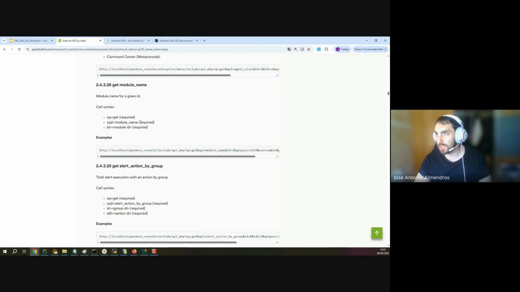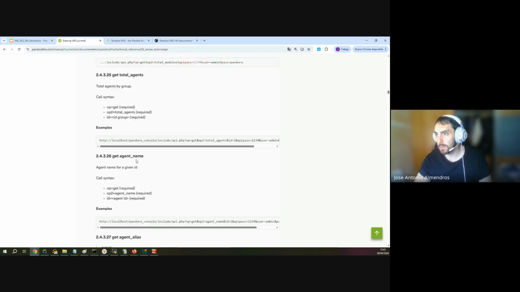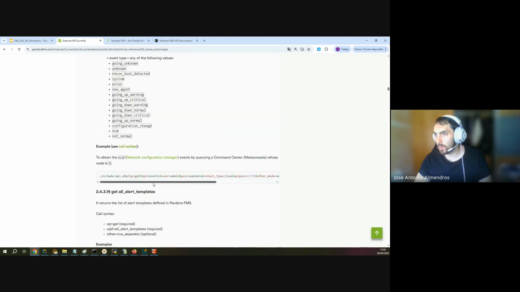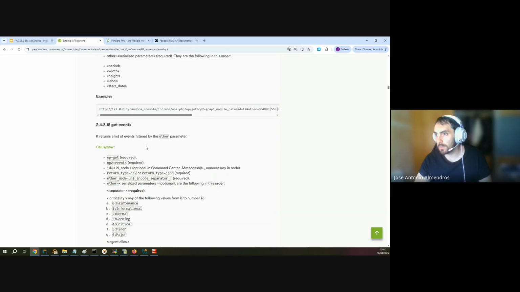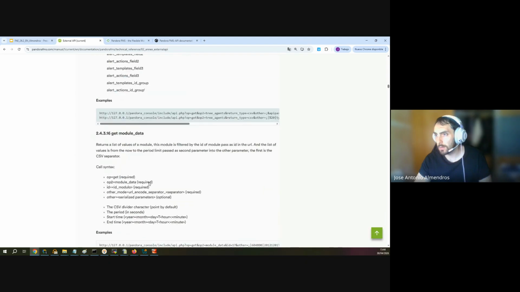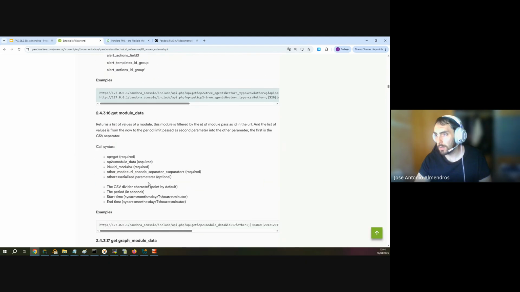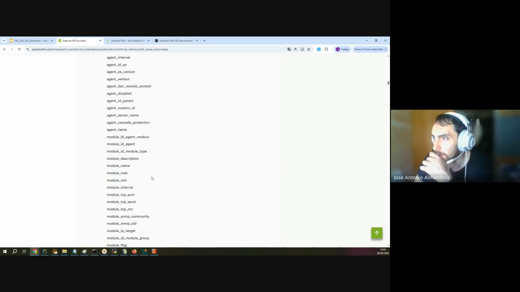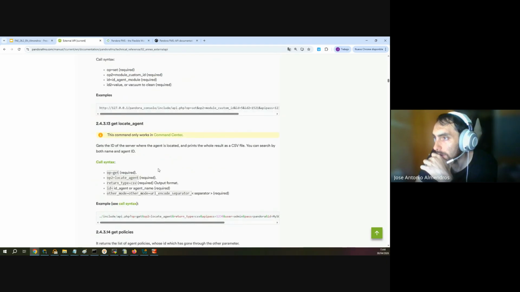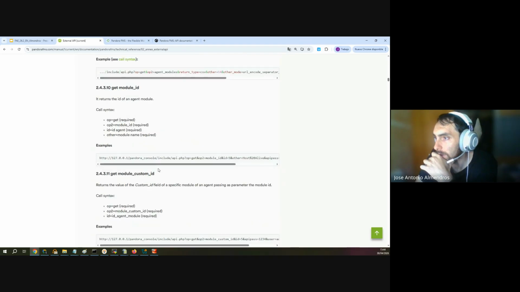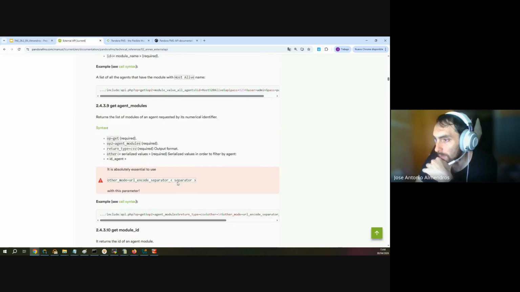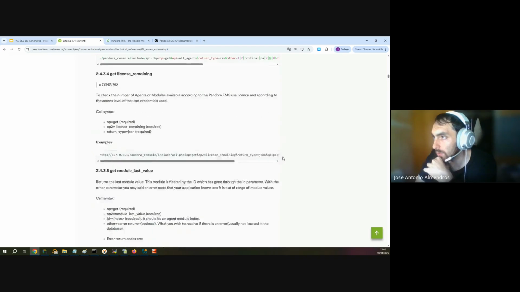For example, get model data or utility models, for example. Okay, to use version 1, we have to use